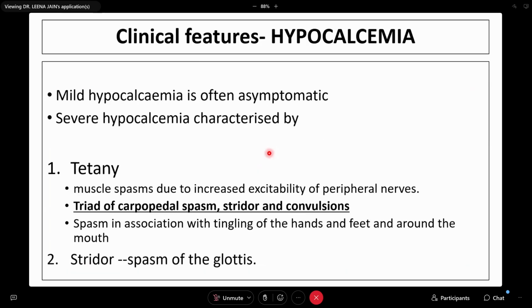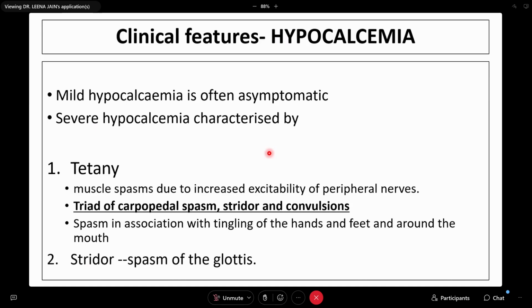Now, the parathyroids are adjacent to the thyroid. If you have not preserved the parathyroid supply, if you have not seen the parathyroids properly, you are definitely going to injure them, and there will be overt clinical or subclinical hypoparathyroidism, and that will manifest as hypocalcemia. Mild hypocalcemia is usually asymptomatic. When there is severe hypocalcemia, then there will be